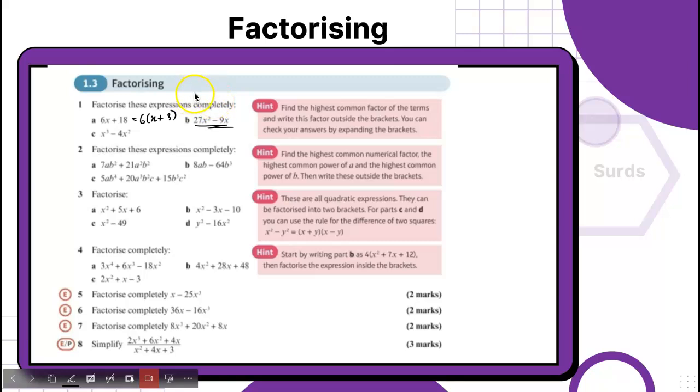So the B part goes, we can take 9x common. It would be 3x minus 1. Yeah, that's correct. Over here we can take x squared common. What are we left with? x minus 4. So this is how these all are two terms. The other segment also has two terms there, but variables included. So 7ab squared plus 21a squared b squared.